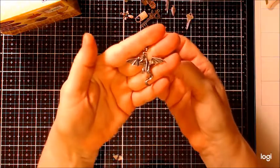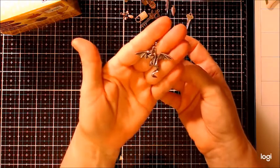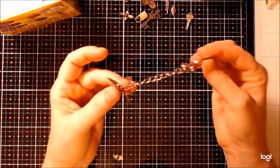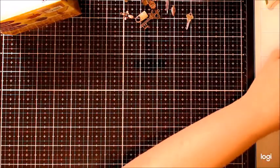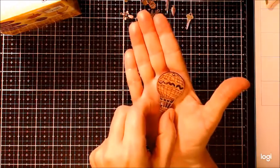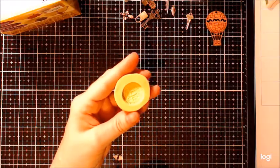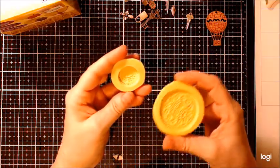And I'd like to do this, I guess, dragon thing. My friend gave me this. I guess her nephew gave her this, and she's like, I don't want it. But I need to take it off this chain. Well, no, I don't have to. I'll do it. And then I want to do the hot air balloon. And also I would like to do the cookie, the Oreo, the small one and the large one,